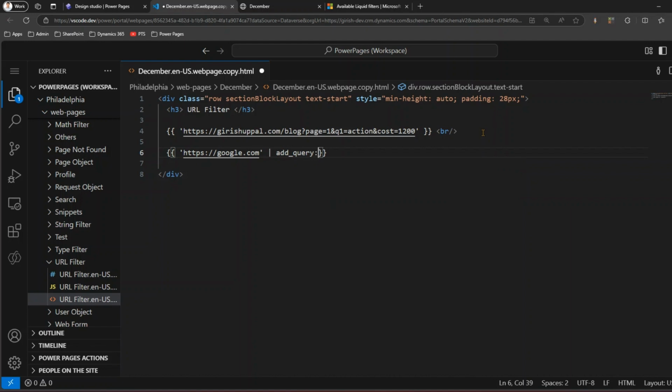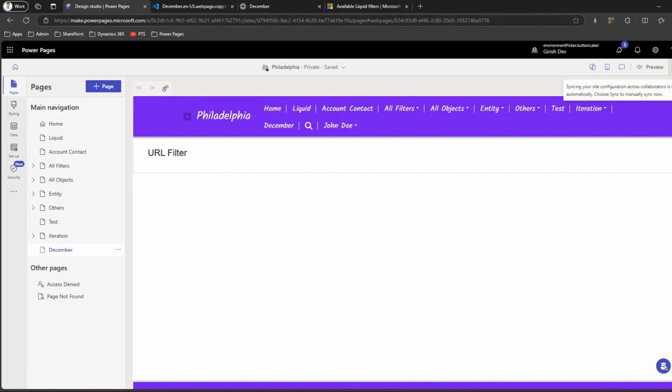The query has a name and a value as parameters. So if you want to, say, add page comma 5, this will form that URL and then add that query string. If you want to see how it works, I'll just save this, sync it,